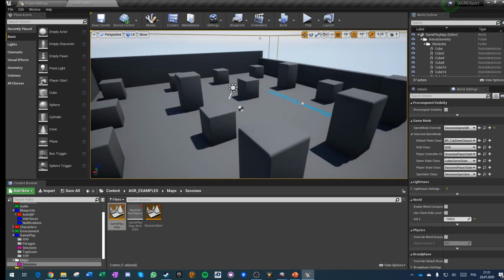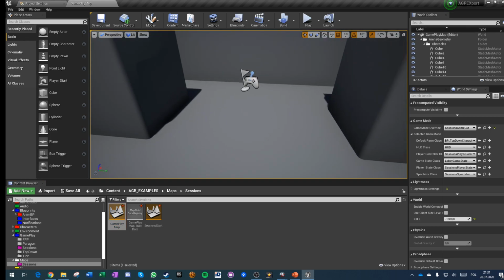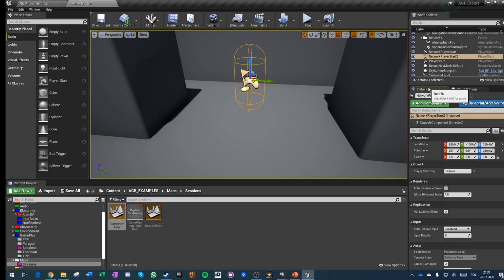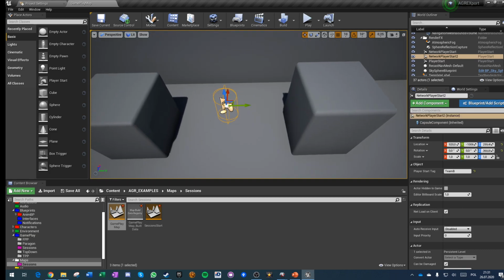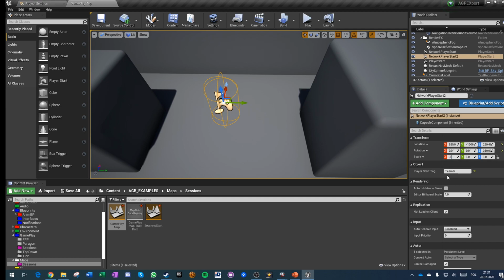Okay, this is the map. Here we have one player start, and by the way, watch out because on some levels, like this level, this player start has a scale of 0.1 on X. I have no idea why, but when you spawn a player character here with this scale, it will completely break your movement, your camera, everything. Remember to keep the scale at 1, 1, 1, and just check it if it's like this. So here's one player start, and it has